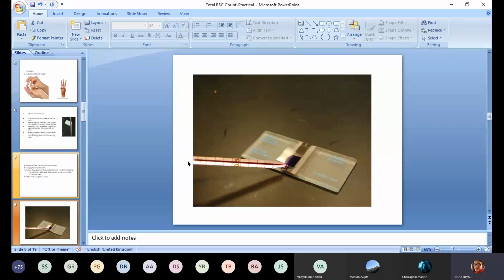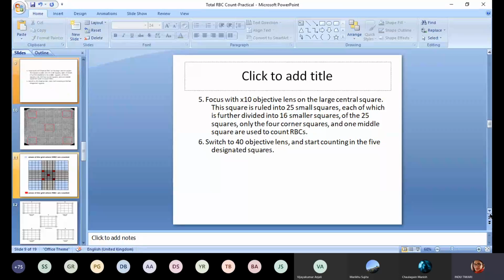After making sure you've focused on the chamber for counting the RBCs and that the cell distribution is even, you can adjust your microscope lenses to a higher magnification, switching to the 40x objective lens,